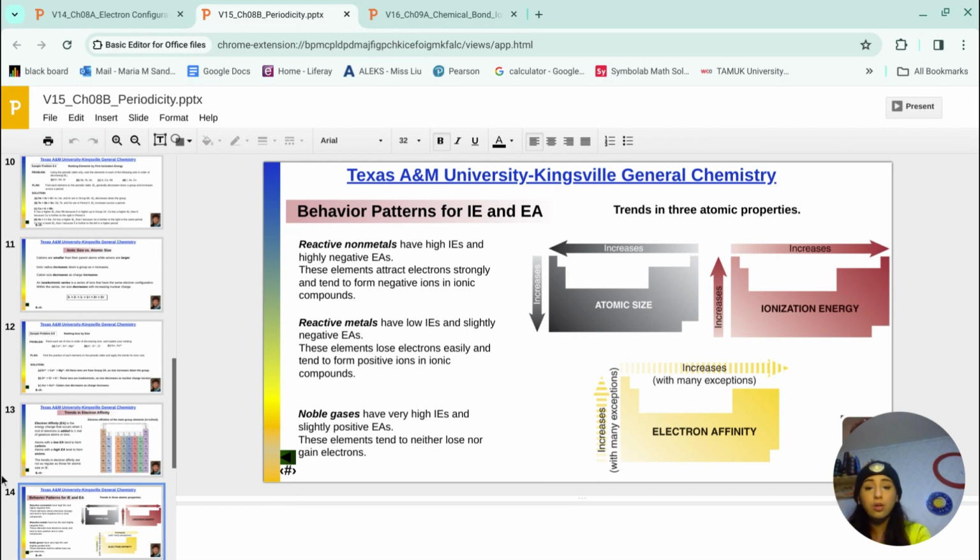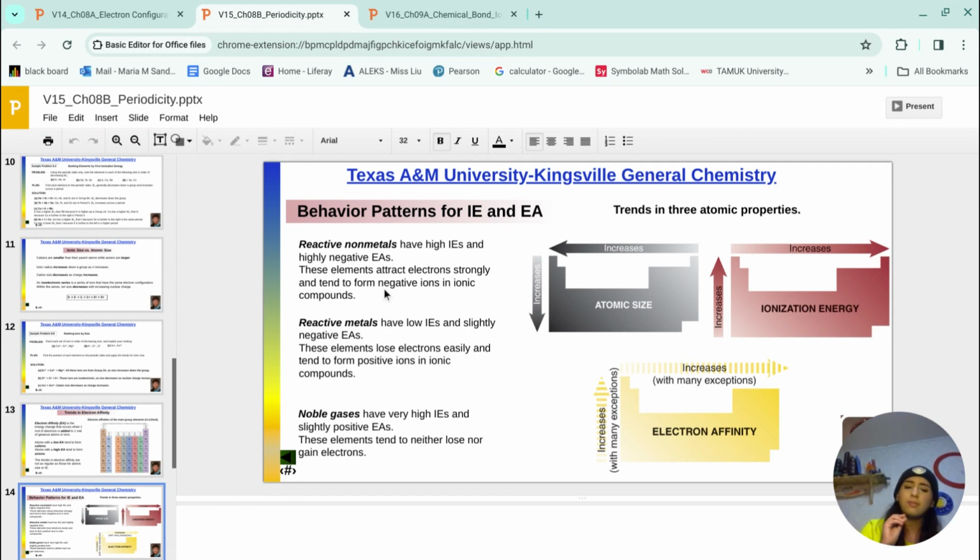So reactive nonmetals have high IEs and highly negative EAs. These elements attract electrons strongly and tend to form negative ions in ionic compounds. Reactive metals have low IEs and slightly negative EAs. These elements lose electrons easily and tend to form positive ions in ionic compounds. While noble gases have very high IEs and slightly positive EAs, these elements tend to neither lose nor gain electrons,